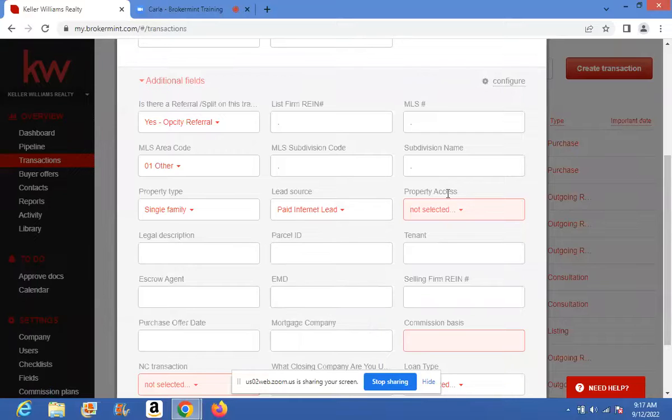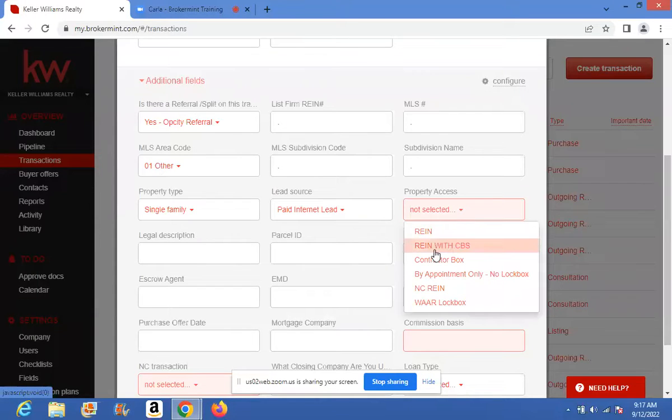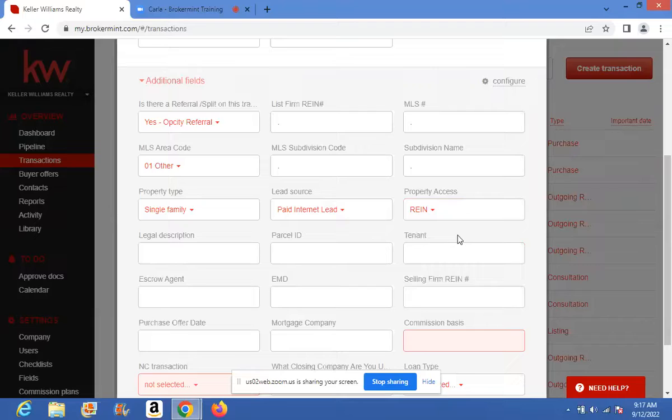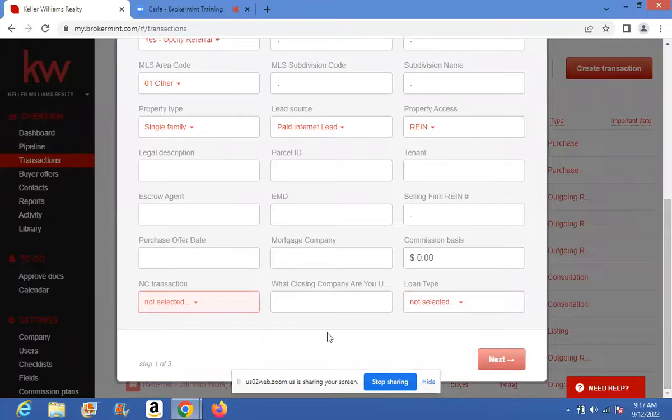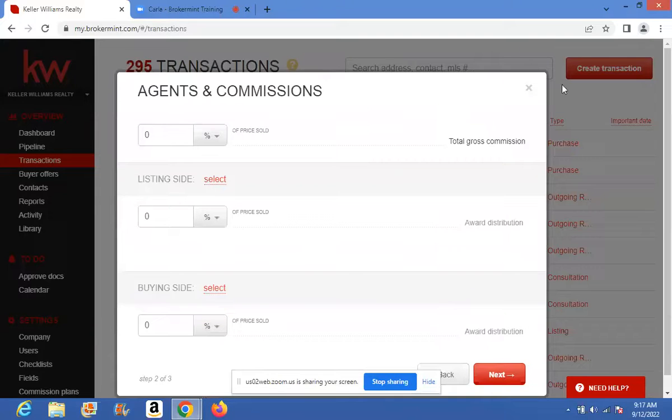Just rotate internet. This area here, you're not going to know that amount until you actually have a ratified contract. Commission basis is the amount of commission that is coming into the company less any referral that's going out of the company. It is not a North Carolina transaction, so you're going to